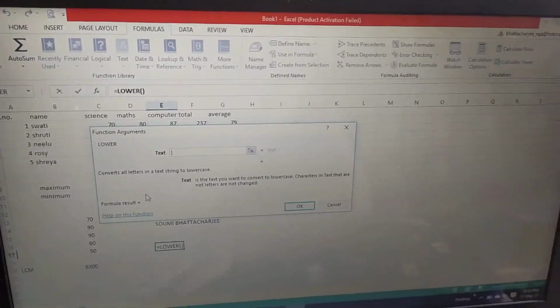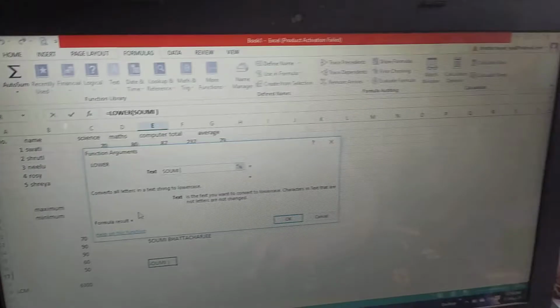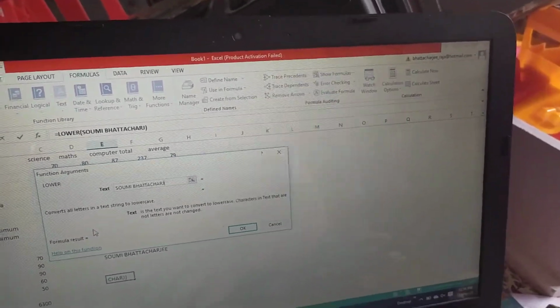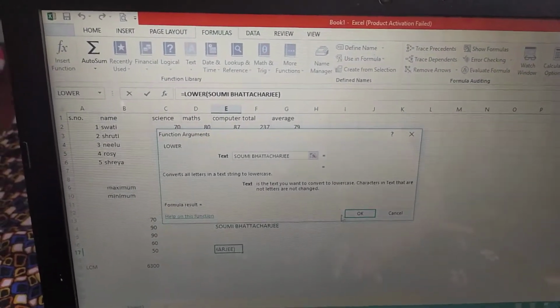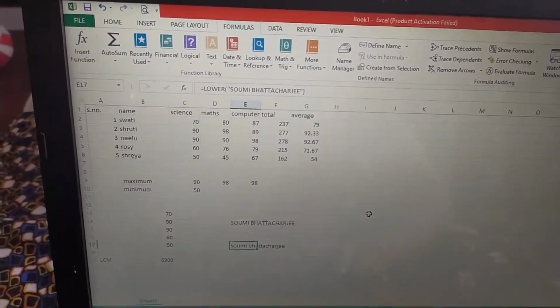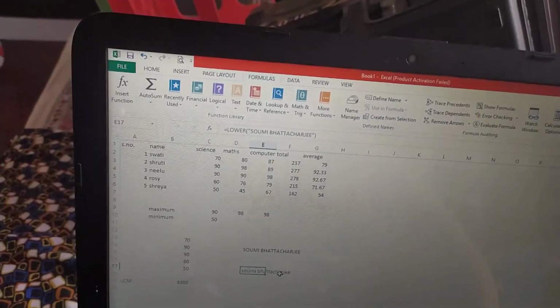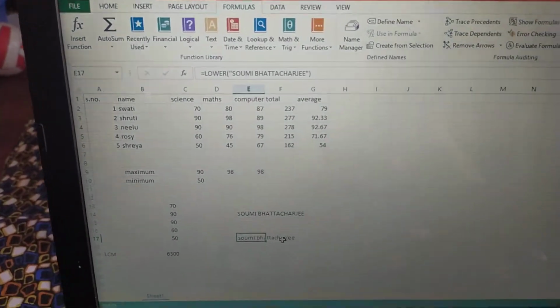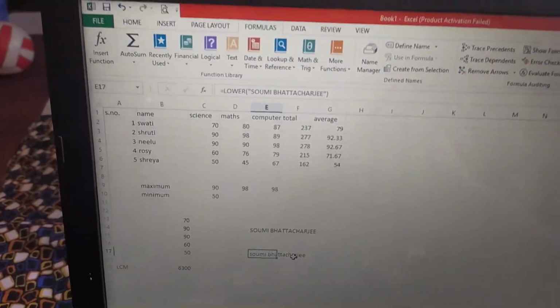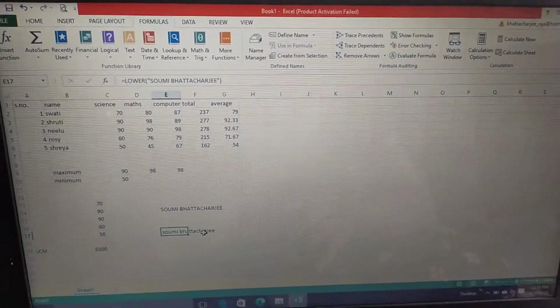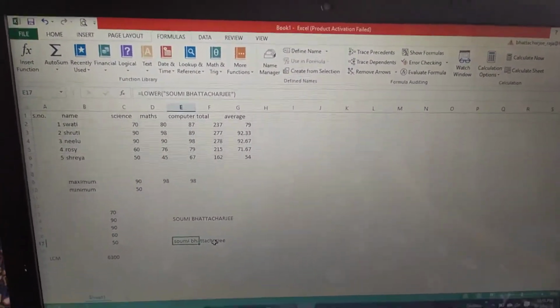Then type our name in caps. And then press OK. See, it is converted to lowercase. In this way, we can convert the lowercase characters to uppercase and uppercase character to lowercase using the different functions.